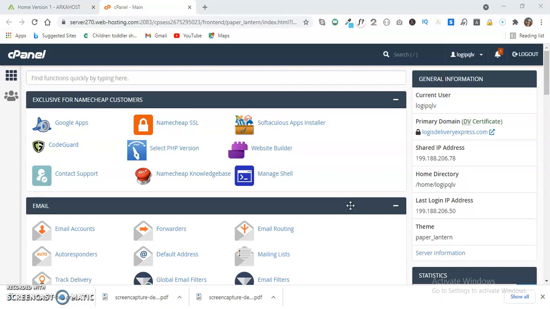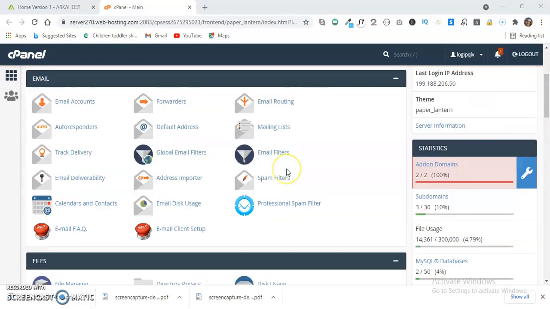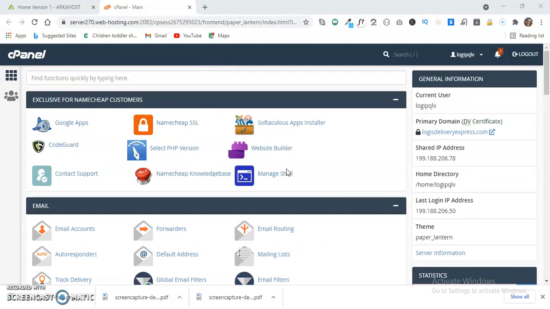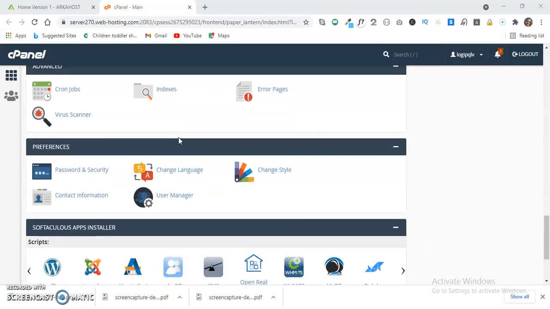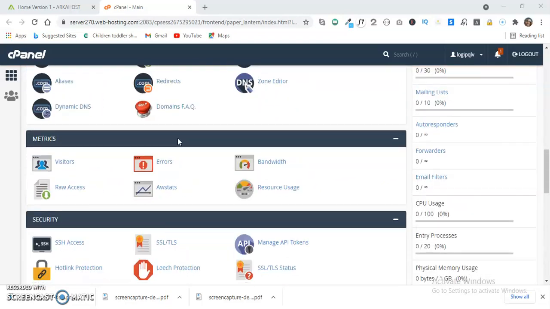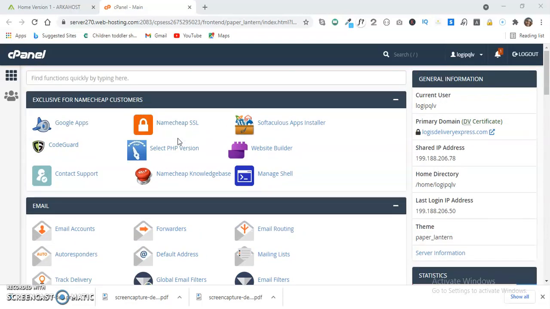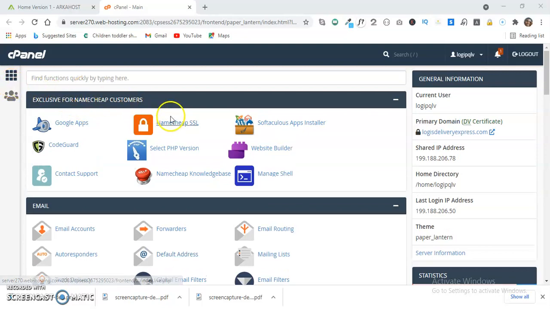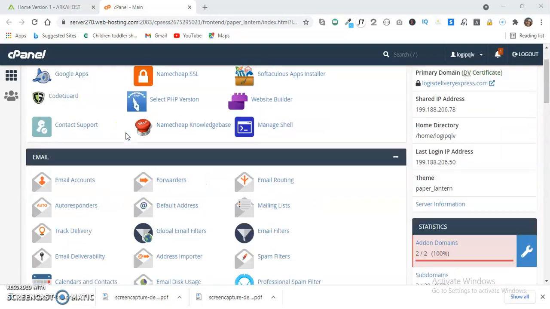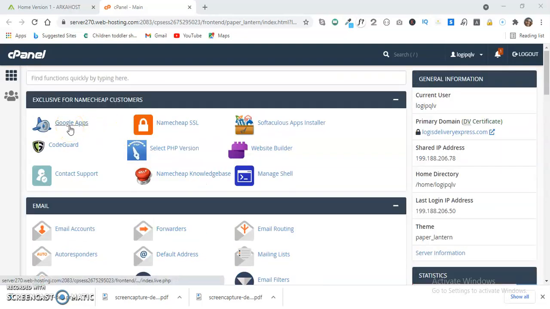If you look on my screen now, this is the cPanel overview. For those of you that have reached this level, this is how cPanel looks, and you get access to cPanel when you buy your hosting and get your domain name registered. I don't know the web hosting company you are working with, but in most web hosting companies, the cPanel looks the same or slightly different. So right now, I want to show you how to